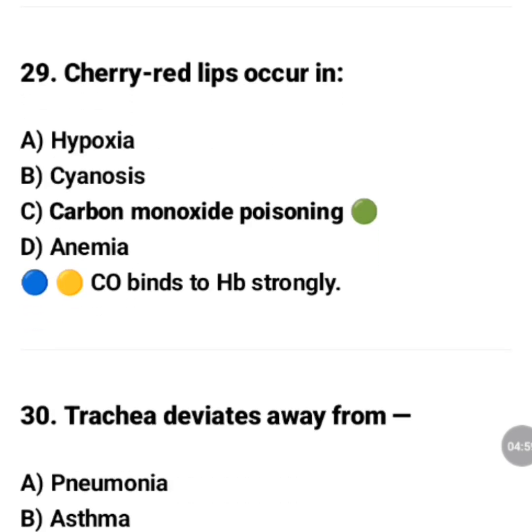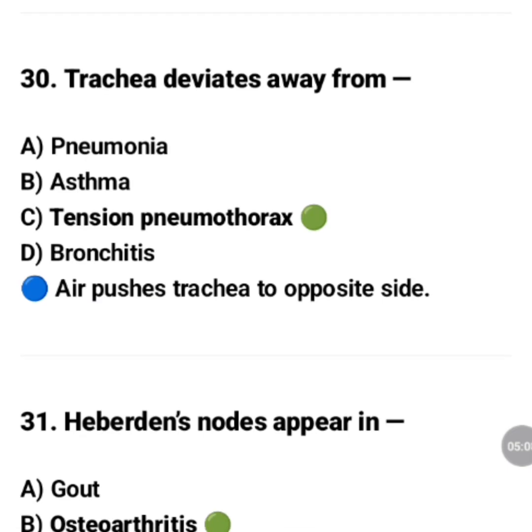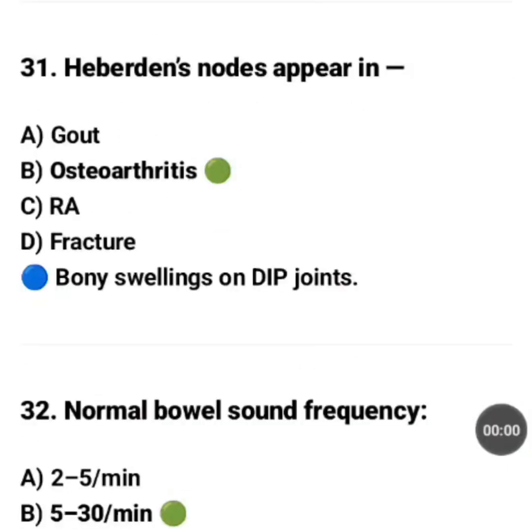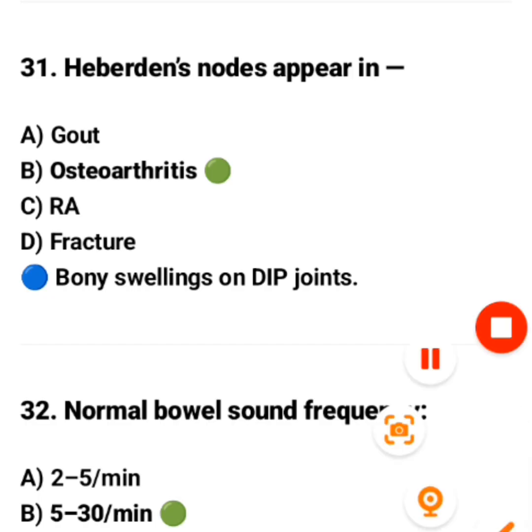Cherry red lips occur in. The correct answer is option C, carbon monoxide poisoning. Carbon monoxide binds to Hb strongly. Trachea deviates from. The correct answer is option C, tension pneumothorax. Air pushes trachea to the opposite side. Heberden's nodes appear in. The correct answer is option B, osteoarthritis. Bony swellings on distal interphalangeal